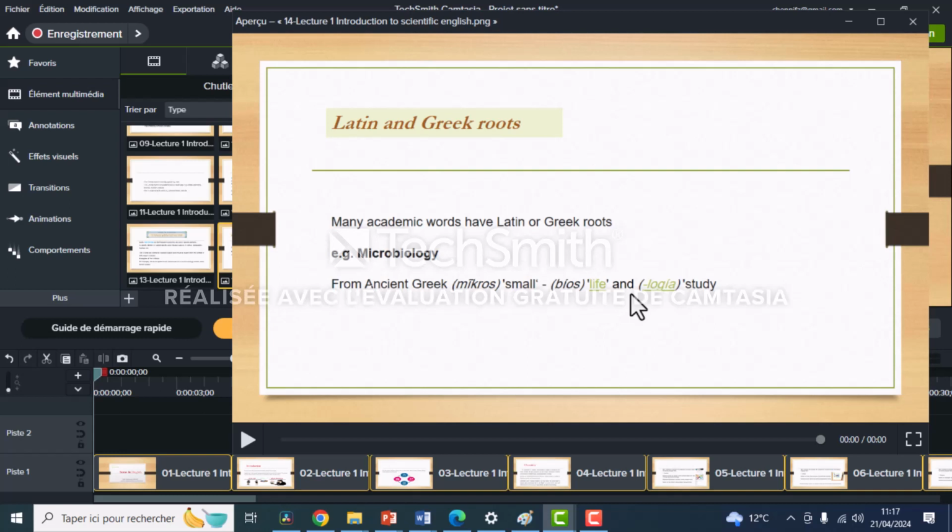That's why microbiology is defined as the study of smaller compounds or